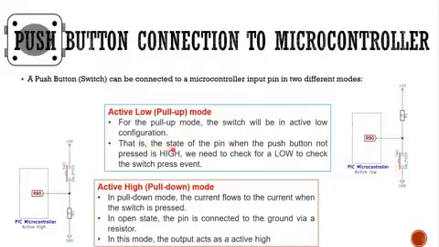Okay. That is the state of the pin when the push button is not pressed: it is high. Whenever the push button is not pressed, current goes through RB0. So we need to check for low to detect the switch press event. Since the condition is active low, if you want